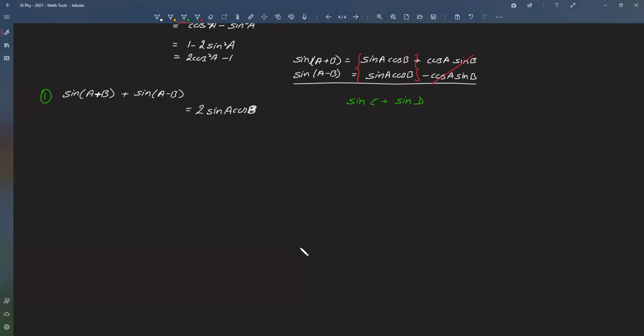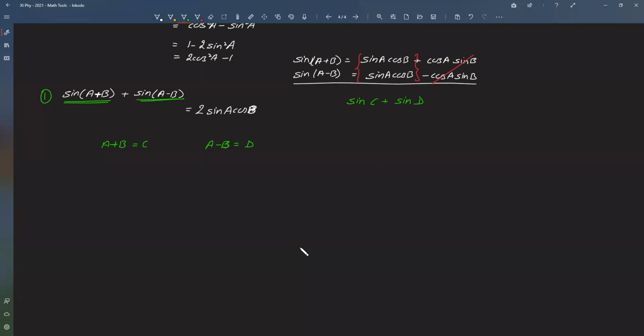Here on the left hand side, you can see these are a sum of two sine ratios. One ratio is sine of A plus B, and the other one is sine of A minus B. That means if I substitute A plus B equals C, and A minus B equals D, then at least on the left hand side you will have sine C plus sine D, the sine A plus sine B form we wanted. So we will get that.